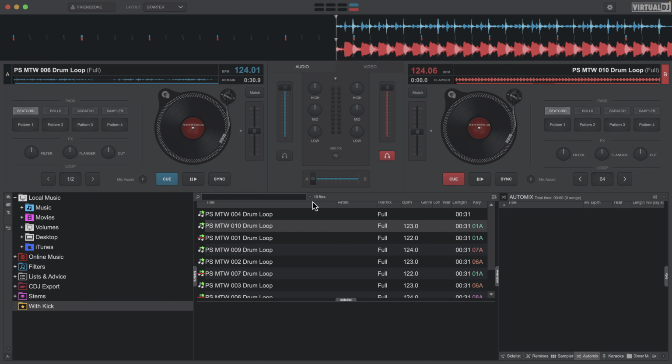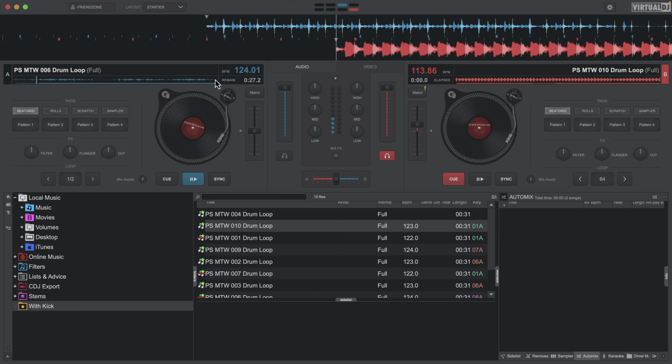But also we need to make sure that there actually is a pocket and that there's not a car there, because you can be going the same speed as the traffic, but if there's a car directly where you're trying to merge, it's not going to work out very well. So the first thing I want to do is let's hear what it sounds like when the tempos are off. This is like trying to merge into a lane when the cars are going different speeds, and this is a surefire way to cause a wreck.